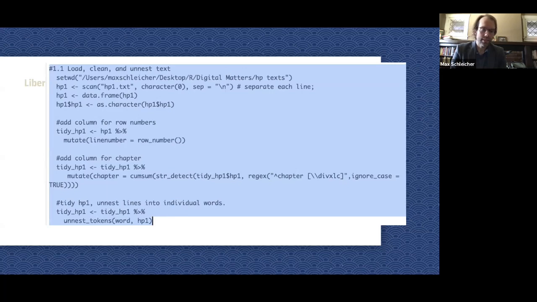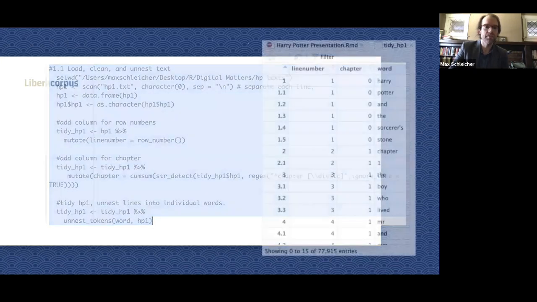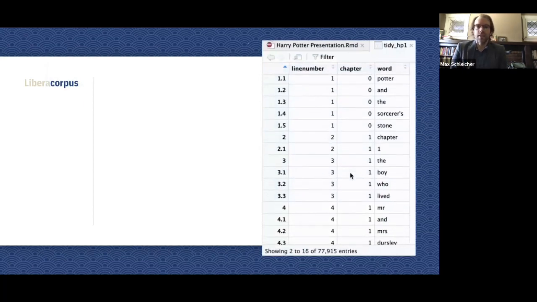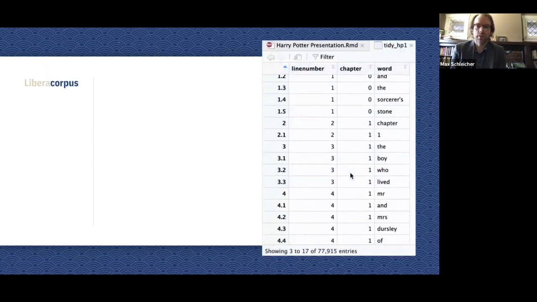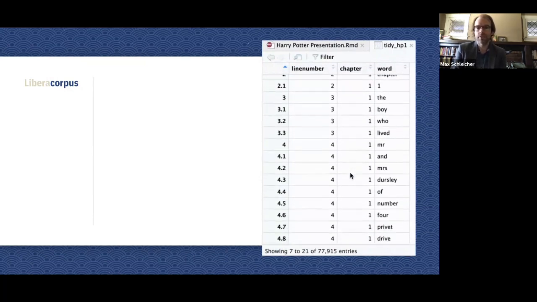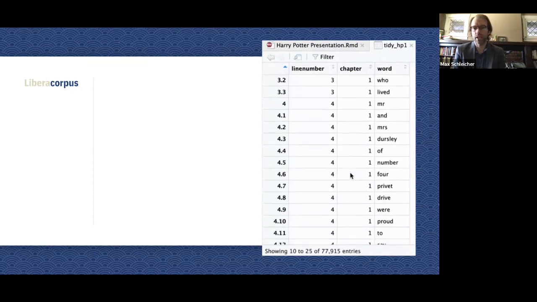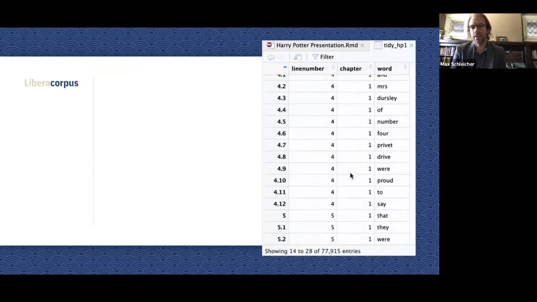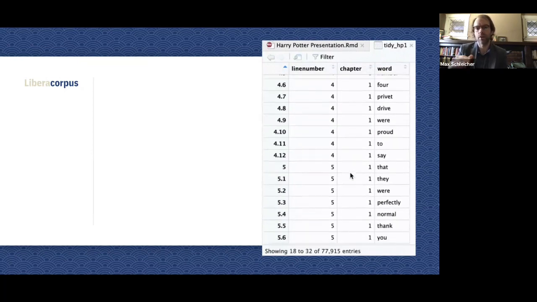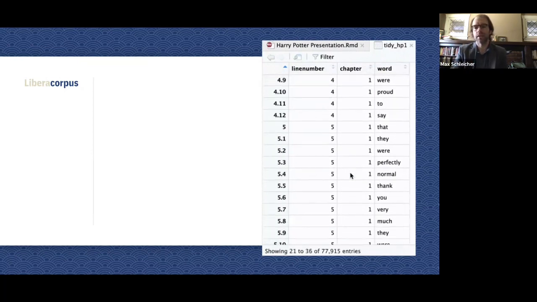And then lastly, it's going to break all of those lines into individual words. So I know it's, like I said, not super exciting to look at what this code looks like, but it's about 13 lines, and it gives you something like this. You'll see that we were able to enrich every word from this text so that we can see that Mr. and Mrs. Dursley of number 4 Privet Drive were proud to say that they, etc. We can see that occurs on the 5th line of the book in chapter 1, and that we've got all that data for every single word of the entire corpus,